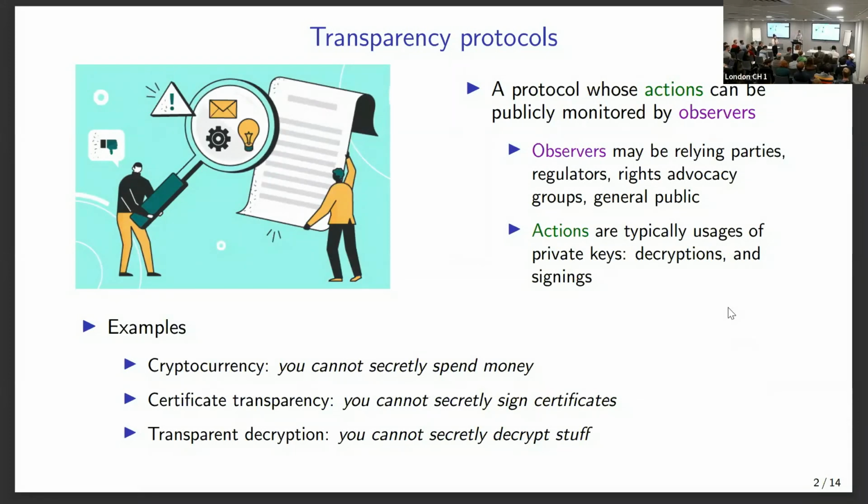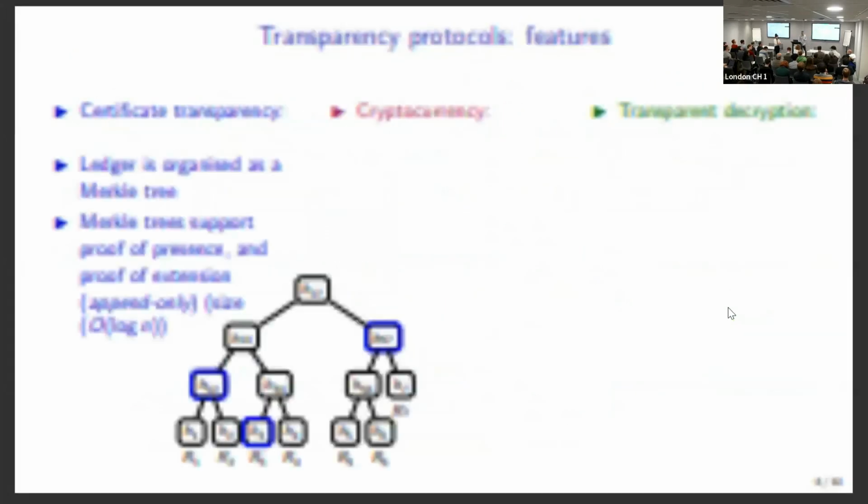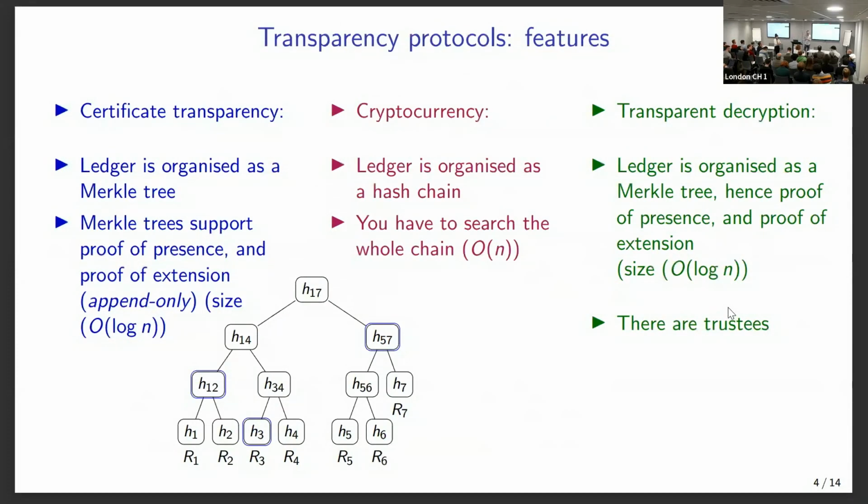Yeah, I have actually two questions, if I may. One is, you spoke about these three examples, and then you spoke about the different ways of doing the ledger. I would have thought that there would be an interface between the ledger and the properties, and whether you use a Merkle tree or a hash chain, you could have the properties. The protocol should be blind as to how the ledger is implemented. My second question is, you said transparency of AI, which sounds wonderful, but I would have thought